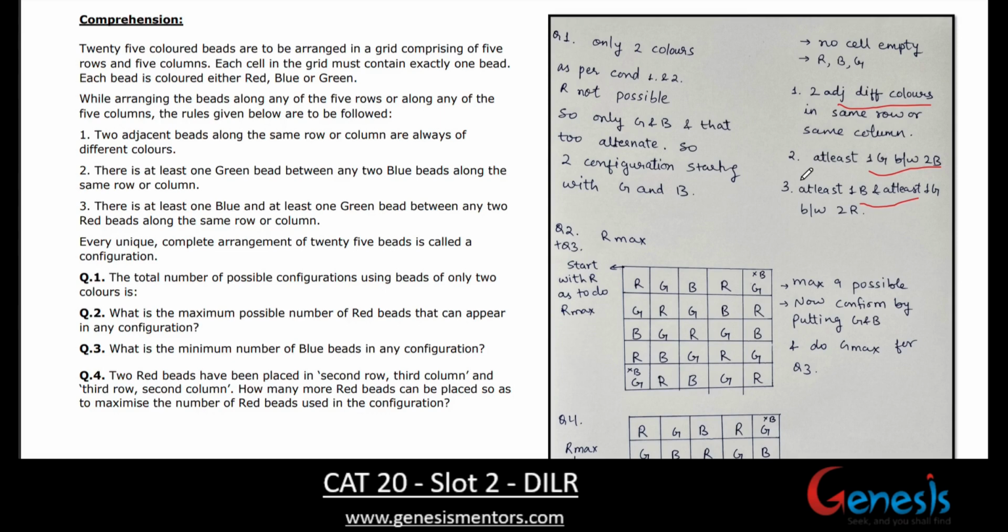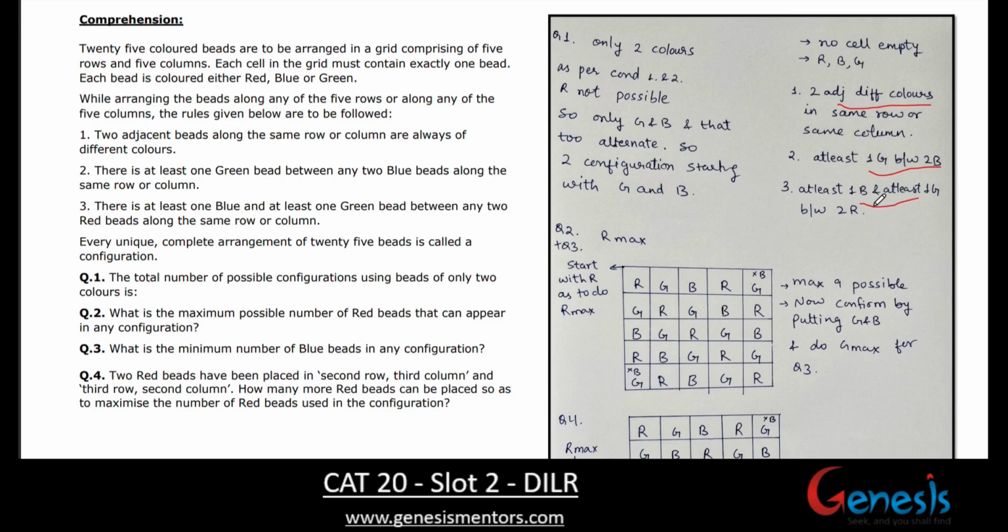Then we have one condition that there should be at least one B and at least one G between two R, right? So definitely R is not possible, right? So R cannot be possible because if R comes then definitely 1B or 1G तो चाहिए ही चाहिए, right? Because by looking into all these conditions, we know that adjacent same color नहीं हो सकता है, ठीक है, और if there are red तो 1B.